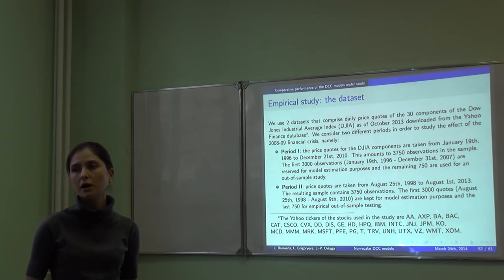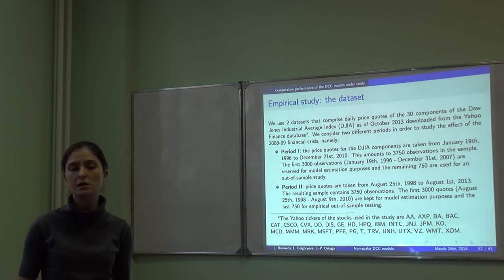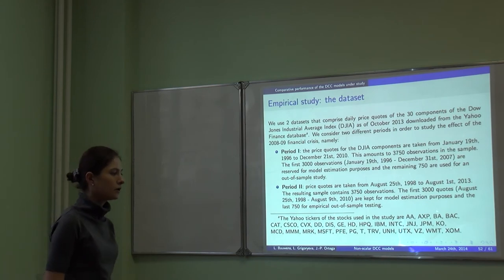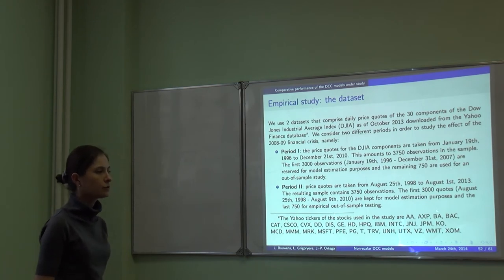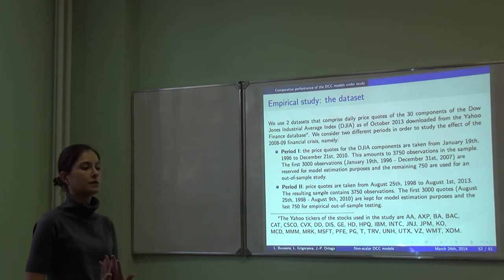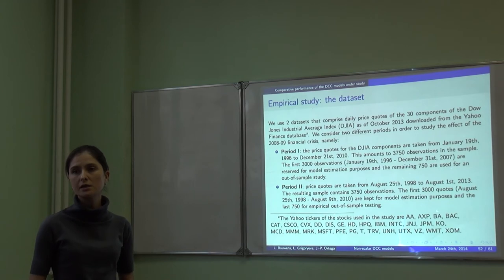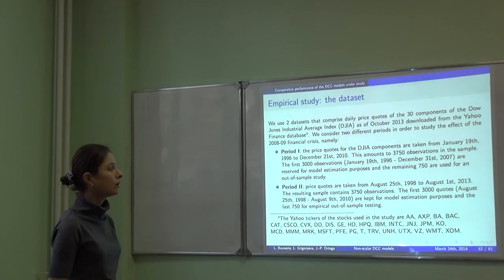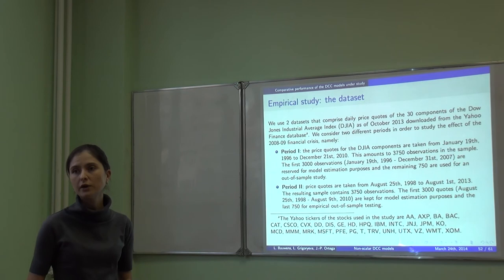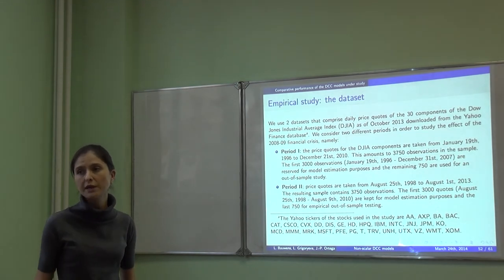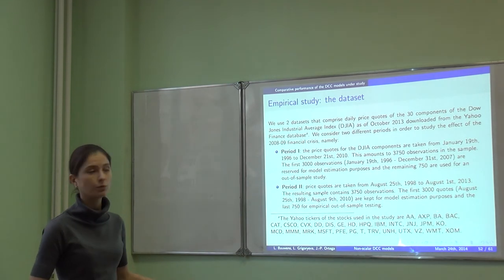And now, having a method of estimating all these models, we can put it to work in order to decide what is the empirical performance of these models. Our main aim is to draw some conclusions, whether one has to use easy-to-use scalar models that are extremely fast to estimate in order to apply for some practical tasks, an empirical study, or to work with the richer models, much richer, parameterized, with more parameters, as soon as we can estimate them, as we just showed. So now we can estimate.